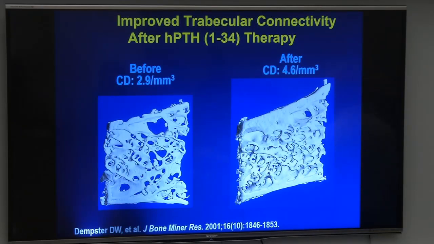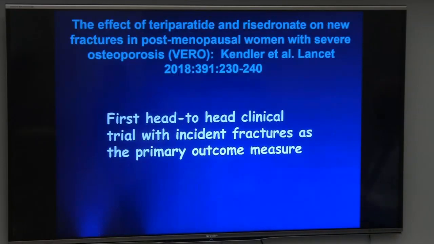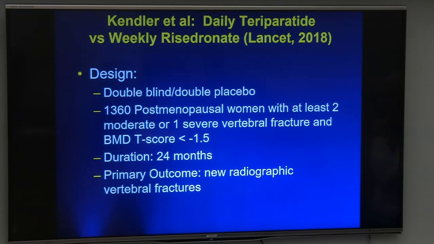So, yeah, this drug seems to do a lot. Not just improve bone density, not just reduce vertebral and non-vertebral fracture, but also help to restore the microstructure of bone. Very recently, in fact, just a couple of months ago, a head-to-head study was done comparing teriparatide with risedronate. And it was the first head-to-head clinical trial with incident fractures, not bone density, but incident fractures as a primary outcome. Very well designed, double-blind, placebo-controlled. These numbers of women, they had pretty advanced osteoporosis, 2-year study,